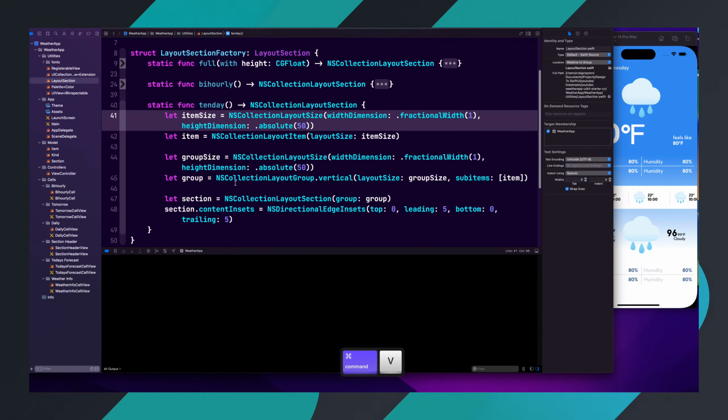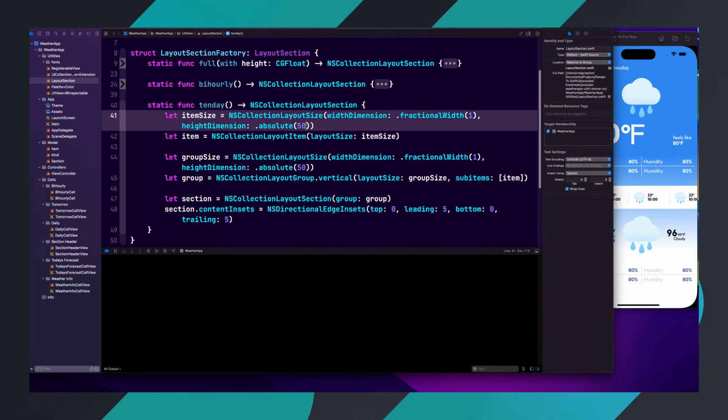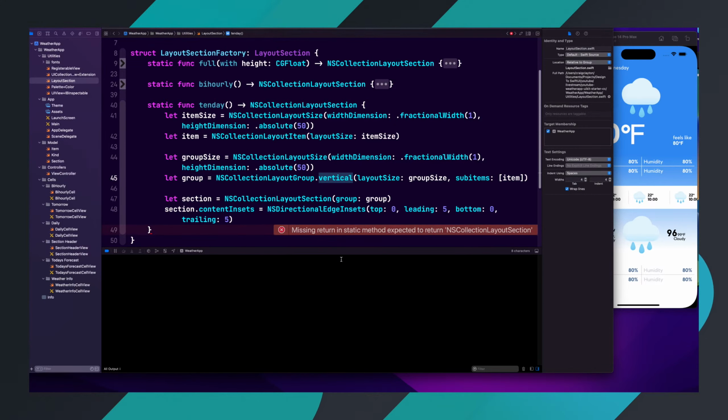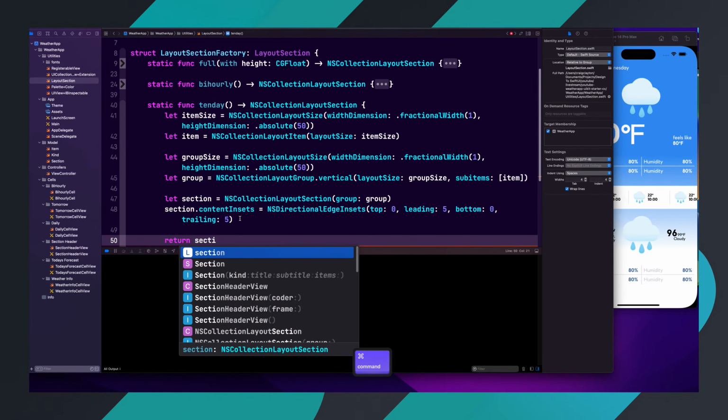Now here, everything is the same. We have an item size. We're going to say that it's 50 in the height. We're going to say that the group is 50, and we're going to display it vertically. So up and down. And then the difference in this is we can return section, and this would work just fine. So let's actually do that. So we can return section, hit save,